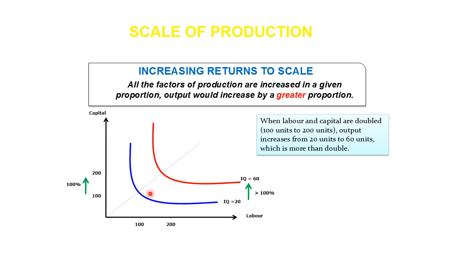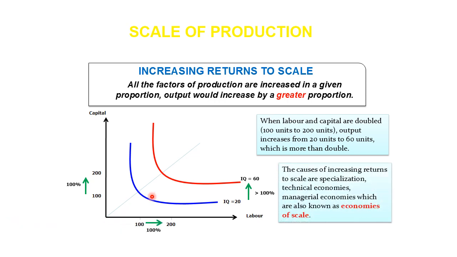economies of scale. Economies of scale are the benefits that the producer enjoys when he is expanding his business. Why does he get economies of scale? Because he can buy in bulk. He can bargain with the suppliers. He can easily get labor since the firm is well known, very big firm. Workers will be ready to work in his industry.